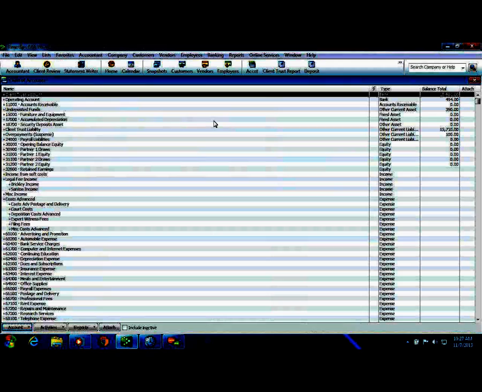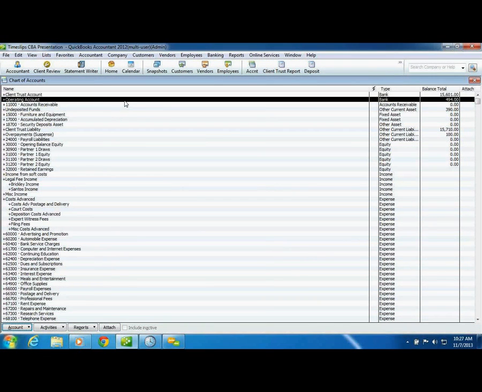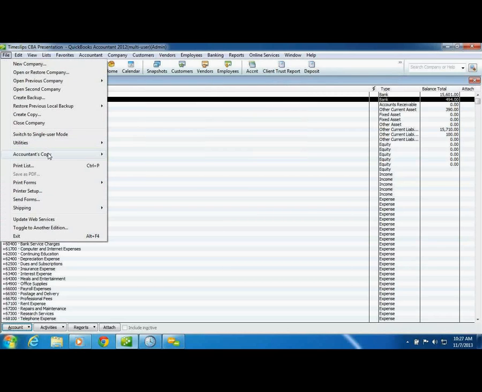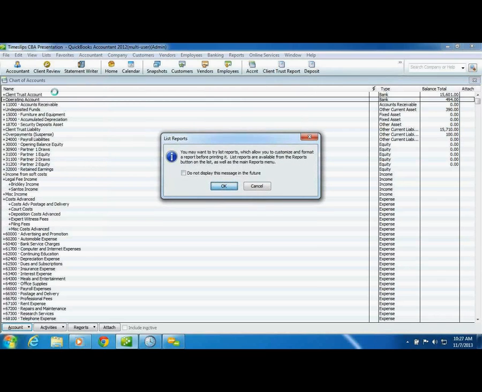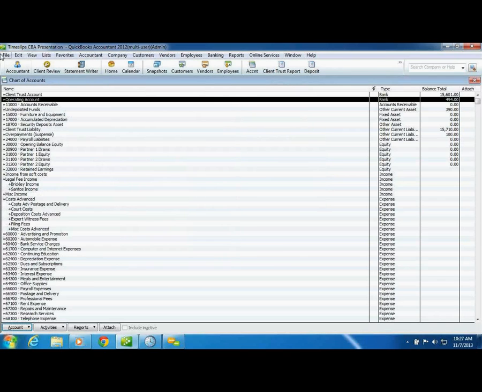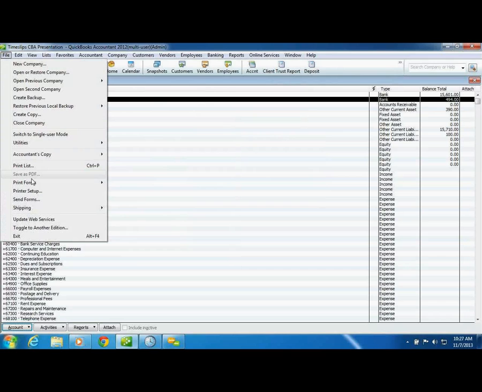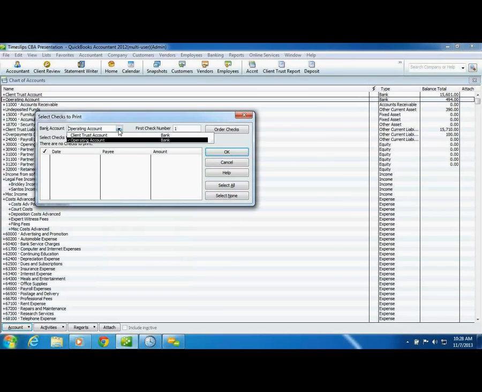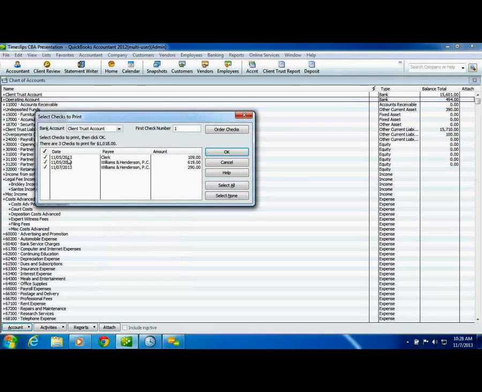First of all, I want to write a check out of my client funds account, so that's ready to go. When I go to print checks, oops, I'm on print form. Sorry about that. And that's out of client trust. And it just so happened to be that was the 290. These are other ones from a different day. So 11/7, that's the one that we want to print.